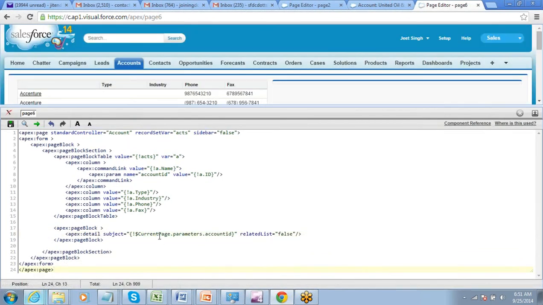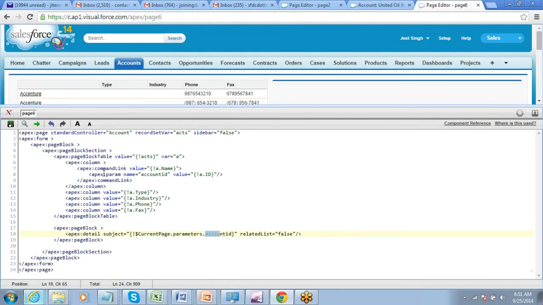Okay. So instead of passing an ID, I have just said that ID will be equal to the account ID. So this is the syntax: current page dot parameters dot this. So this gets into the set of all the parameters and this specifically goes into account ID.